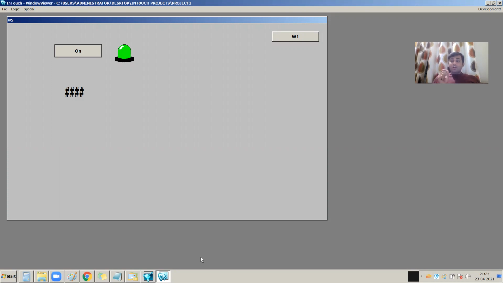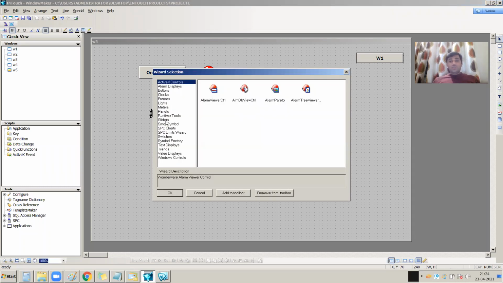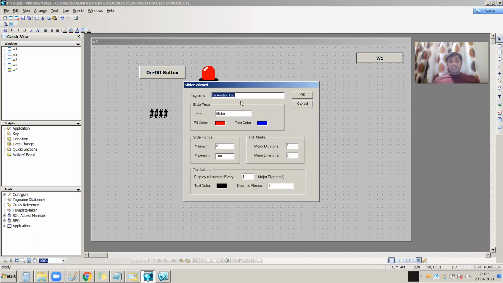That means you are only going to input the value. You will not see the actual value. So this is the difference. If you want to see the actual value, then you need to take the slider, and I am assigning the temperature tag to the slider.